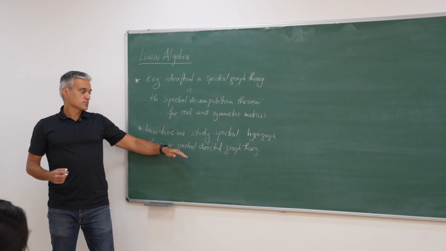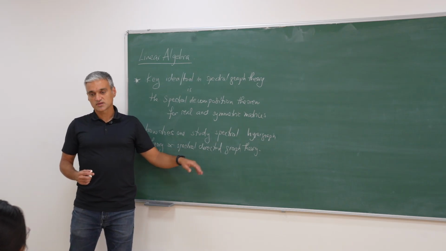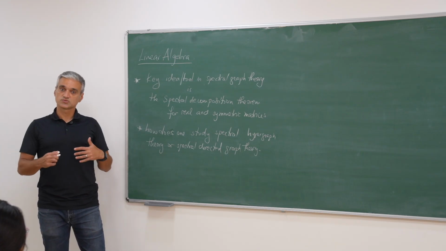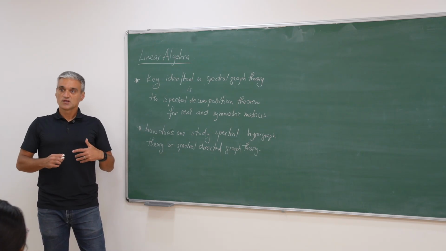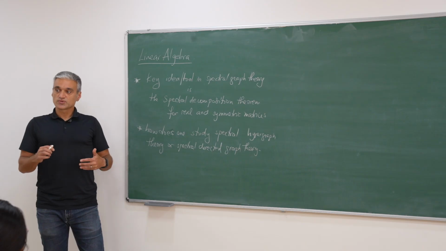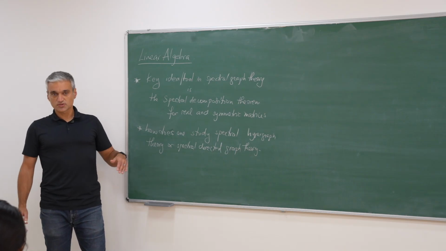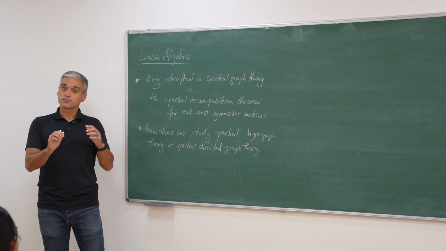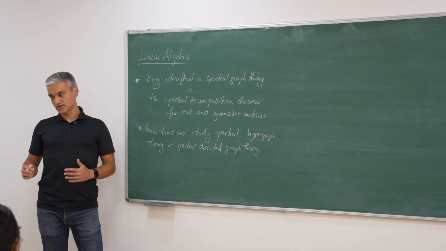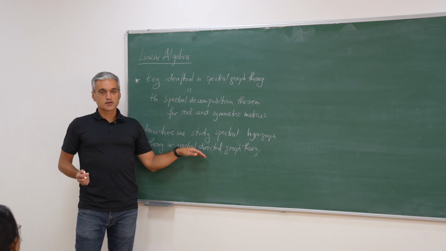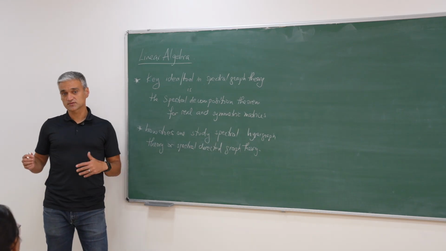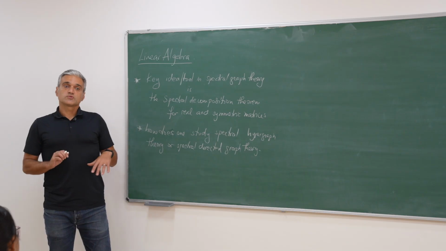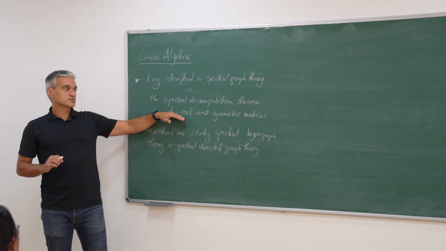But for example, if you think about spectral directed graph theory, if you have directed graphs and you associate matrices to these directed graphs in a way similar to the way you would associate adjacency matrices, those matrices are not going to be symmetric. And so that puts a stop very quickly to anything that you try to develop. And that's why in this area, people have looked at something more general than real and symmetric, which are called Hermitian matrices.